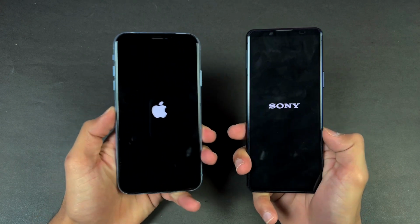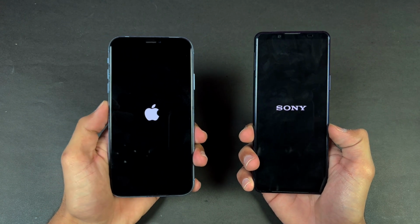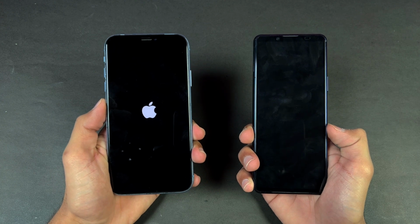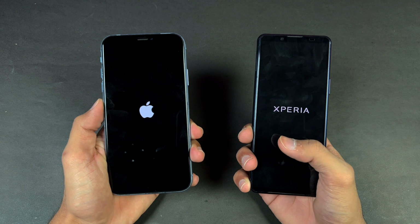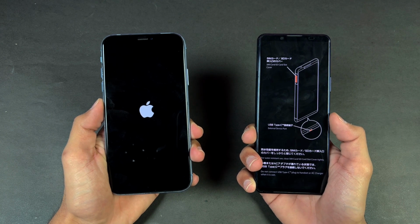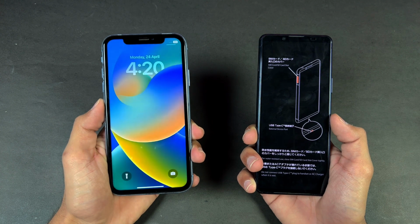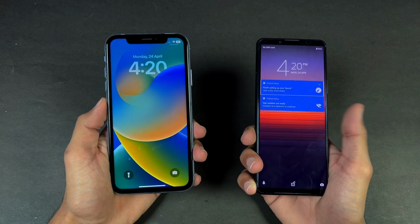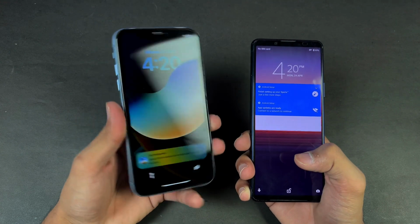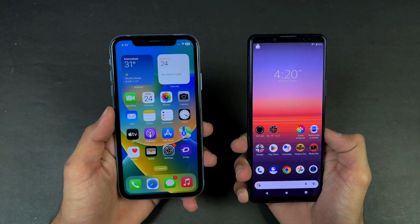So the logos came up first on the Sony Xperia 1 Mark II, and the iPhone is running on iOS 16.4.1 while Sony is running on Android 11. I don't see the Android 12 update on this phone, and every single time when we boot up the phone, we see this screen on the Sony Xperia. So iPhone is a tiny bit faster when it comes to booting up, but we only have a 1.5 second difference